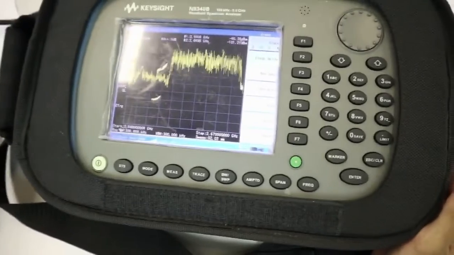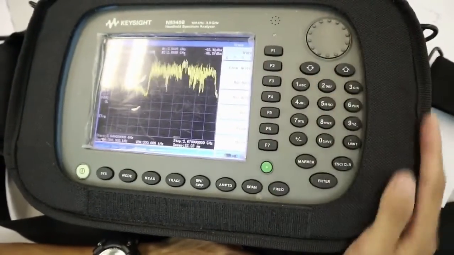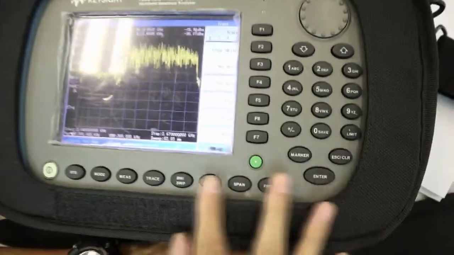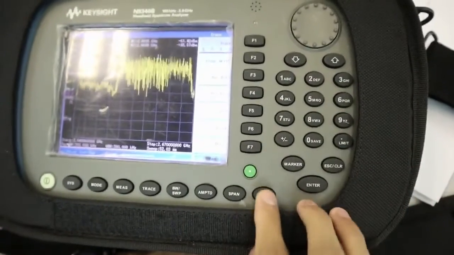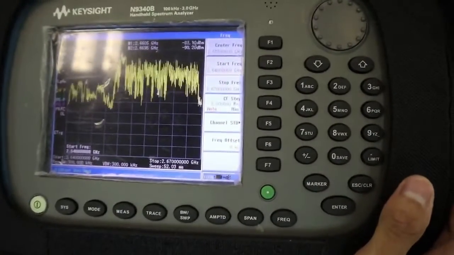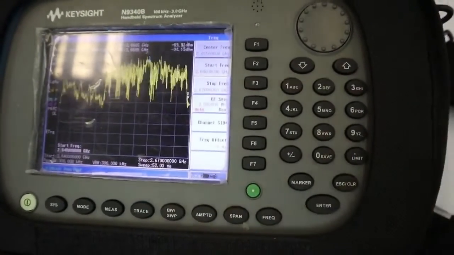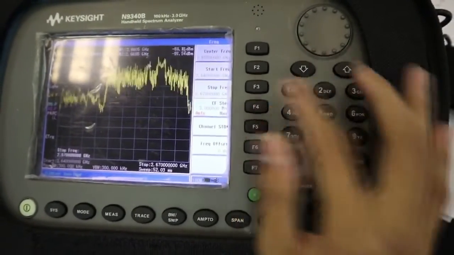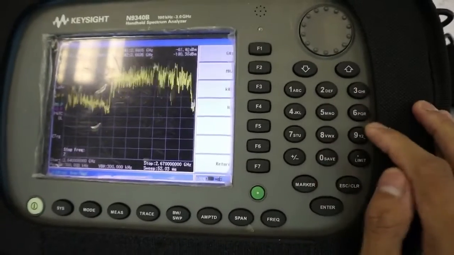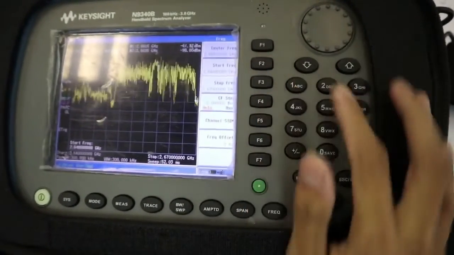So we need to first clear write and we set the frequency because we need to find the 4G Celcom from 2650, so we need to extend its range, with the stop frequency at 2670 MHz and start at